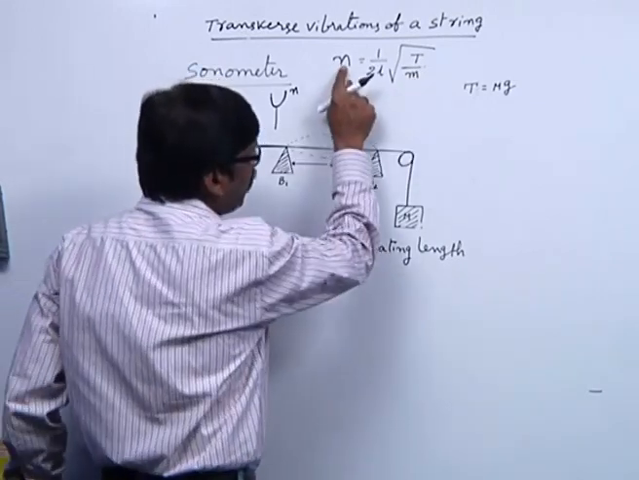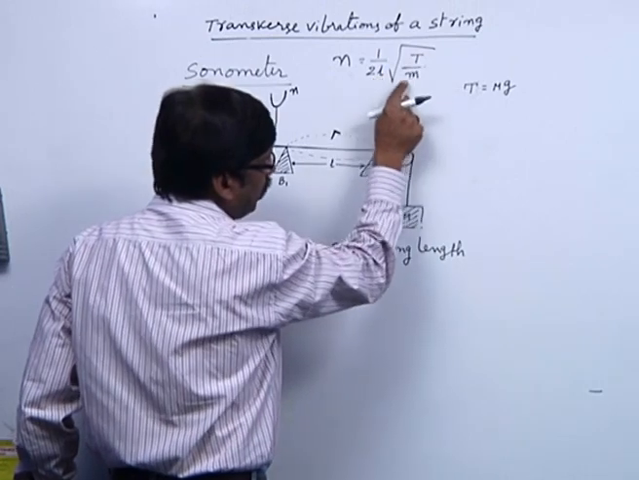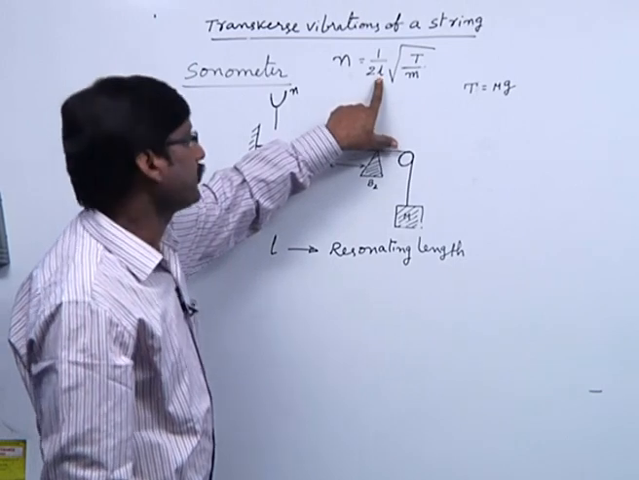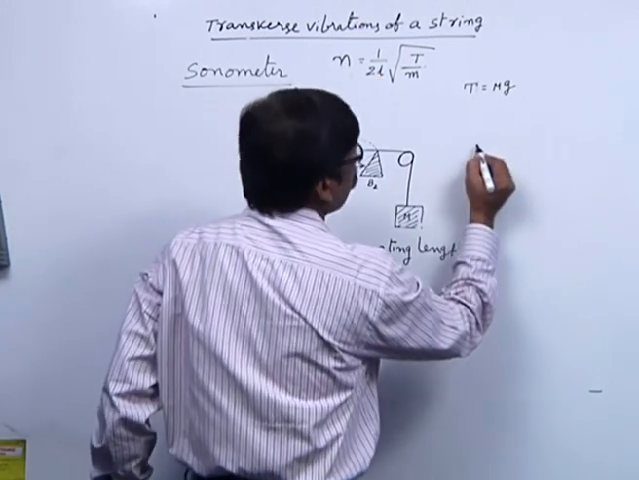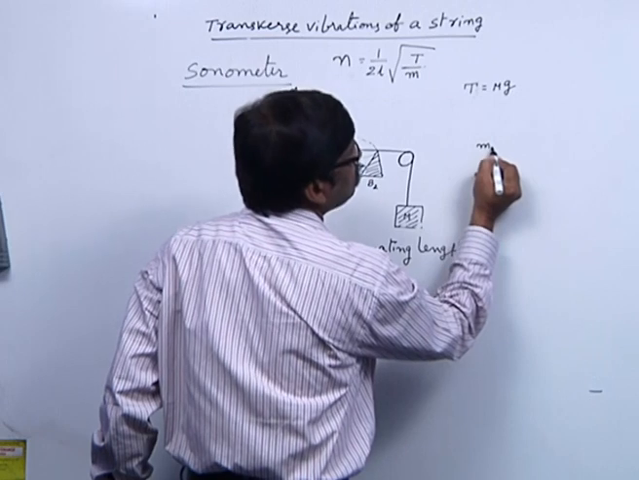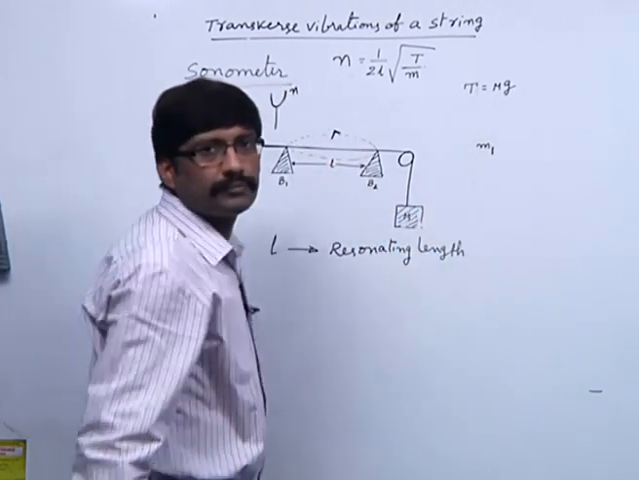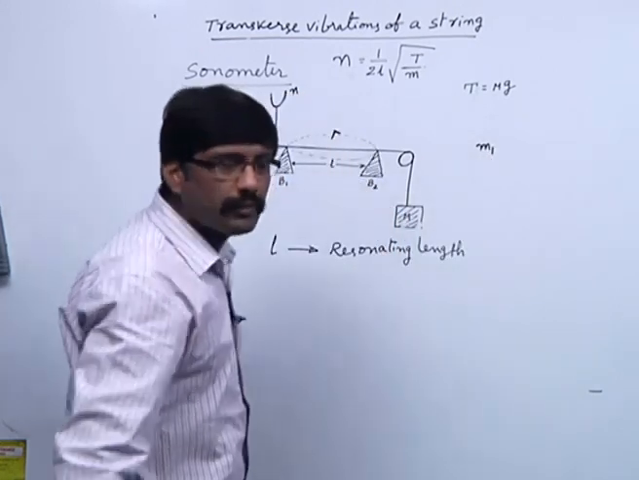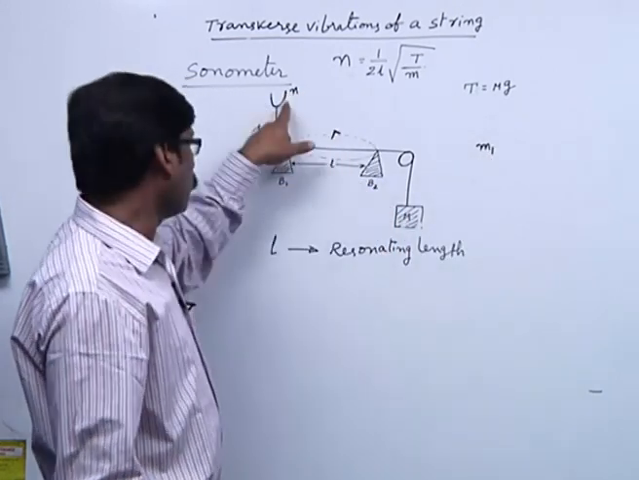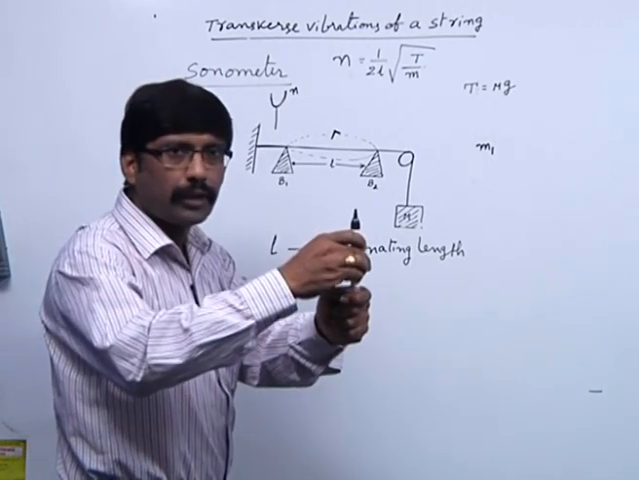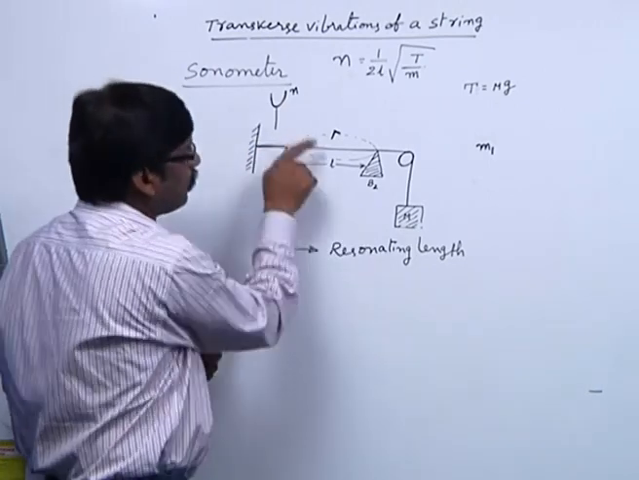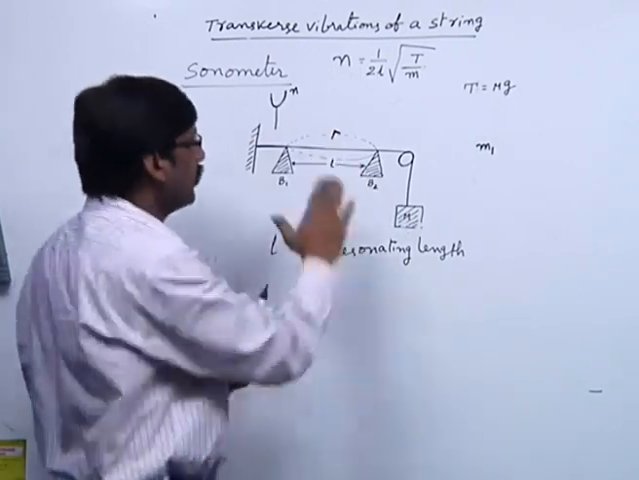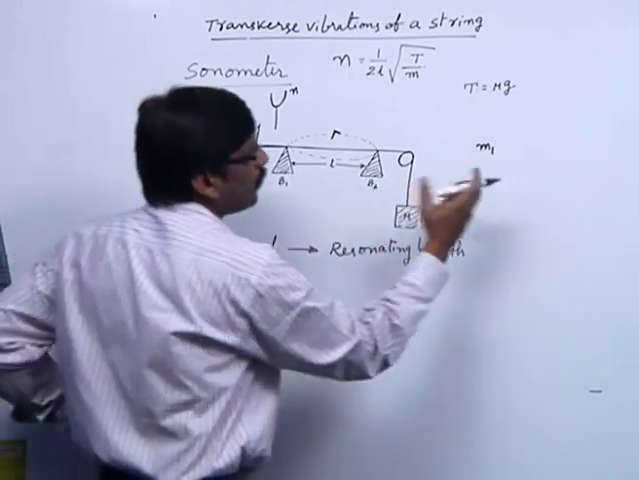Now, I am keeping N and T constant, so if I change M, L will change. This L we call the resonating length. Take the first wire of linear density M1 and repeat the experiment, that is, vibrate the tuning fork and keep it on the sonometer box, then vary the position of B2 until the rider falls. That is resonance. Note down the corresponding length